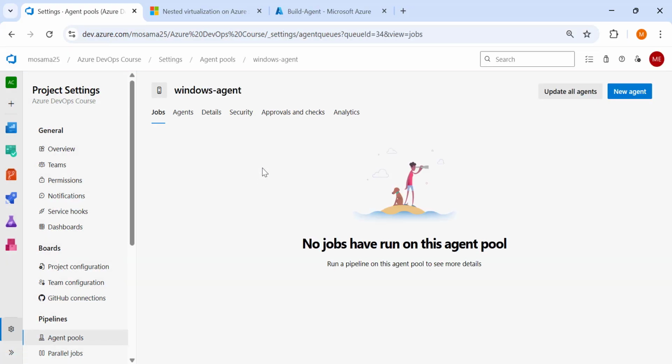So what is a pool? A pool is like a grouping for your agents. So it is a group of agents. So you can add more than one agent in this pool. And when you run the pipeline, you choose the pool, and whichever agent is free will be used in the pipeline. For example, if you have 3 pipelines and 2 pipelines are running now and using 2 agents, and there is only a third free agent, the third pipeline will use this third agent because it is the only free agent. So you group your agents in this pool, and it can be used depending on which agent is free now. This makes your agents highly available so they can be used by more than one pipeline or more than one job at one time.